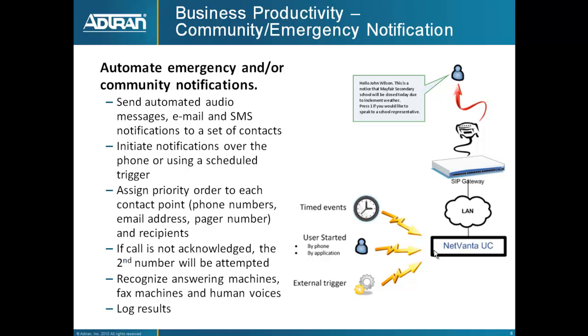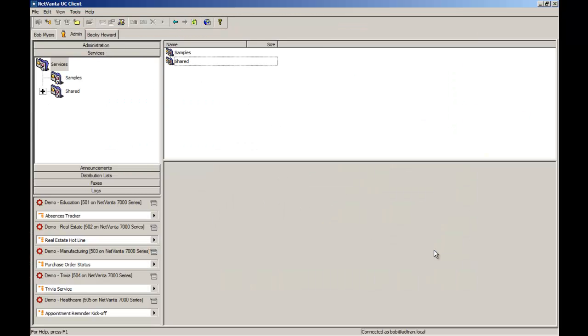And with the logging capabilities of the system, you can take remedial action, make sure that everybody is notified no matter what based on those results. Now let's look at an example of how you can build such an automated process using the NetVanta UC service